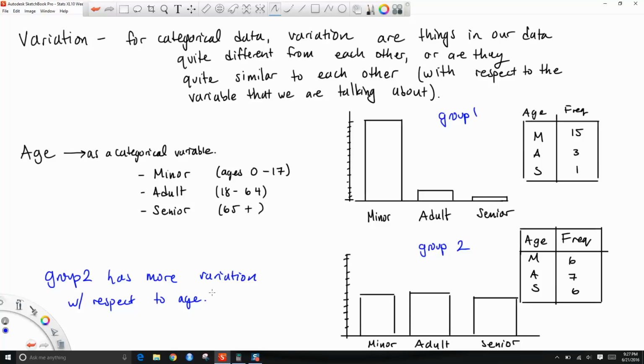They are similar to each other, and you only have 3 or 4 people who don't fit into that category. Whereas in group 2, you have a mix of minors, adults, and seniors, and so that would count as having more variation. Looking at the bar chart, it seems like, oh, these are all the same height, so that's not a sign of variation, but that's actually a sign of variation when it's coming to a